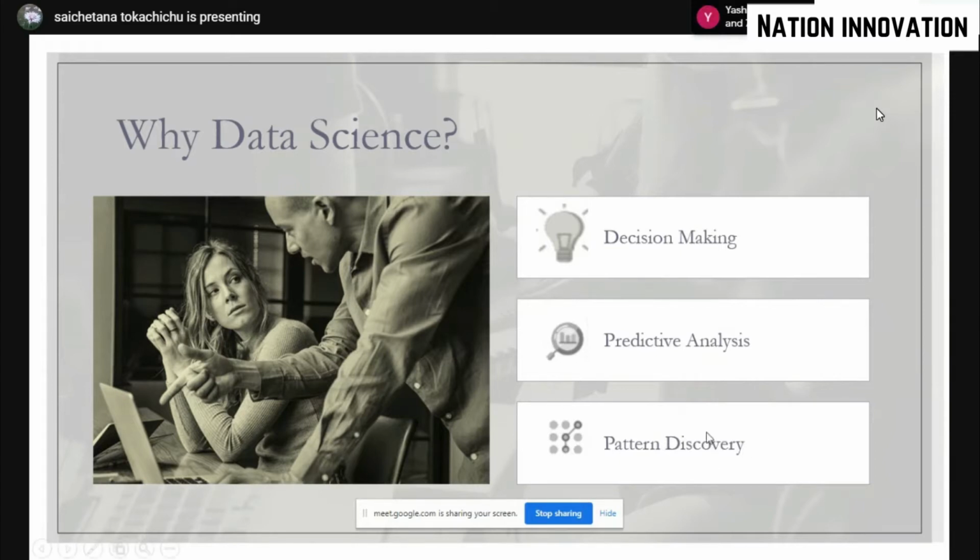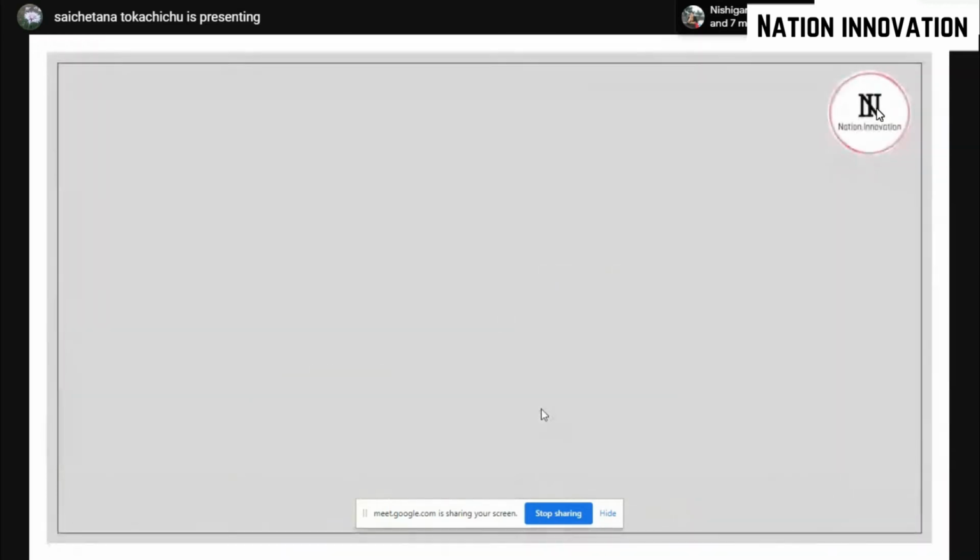And pattern discovery. Pattern discovery means you identify some kind of a pattern in customers' behavior. For example, if a customer is not using the app for, let's say, 1 month or 2 months, then it's very likely that that person is going to uninstall it. Because of that, we may lose our income. That way, you are already discovering a pattern. If a customer has already installed another app for this, then obviously your app's usage will be less. That way, you are discovering a pattern. This is where data science is being used.